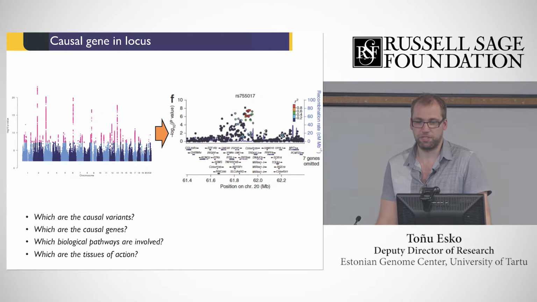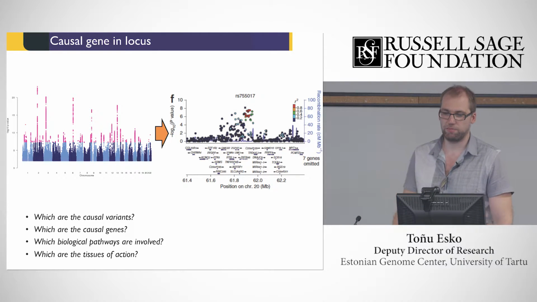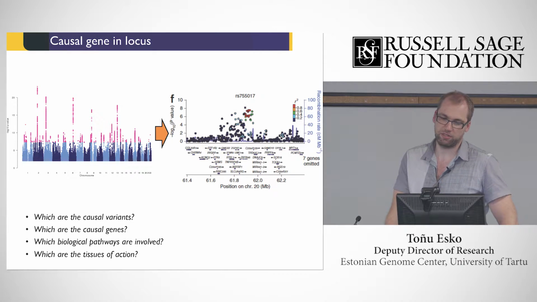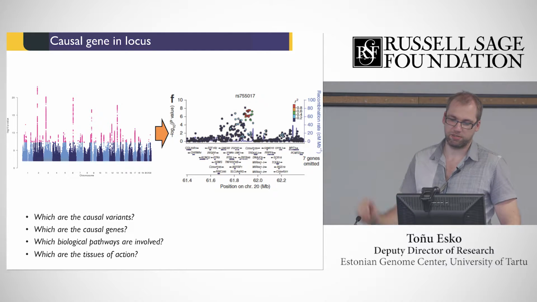And then I was asked to spend some time on saying some different things about how to interpret the associations that you end up with after successfully performing a genome-wide association study, or a genome-wide meta-analysis of many different cohorts. So the main question is, if you do all the QC steps and all the other important steps, then you hopefully end up with something that you can see on the